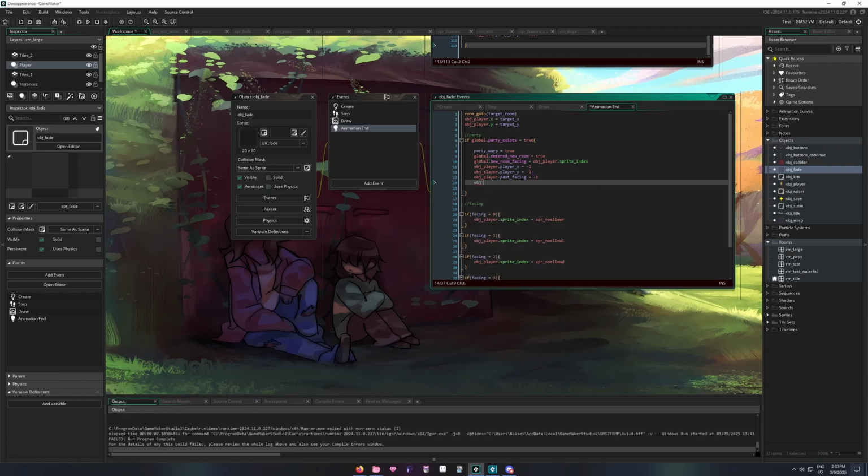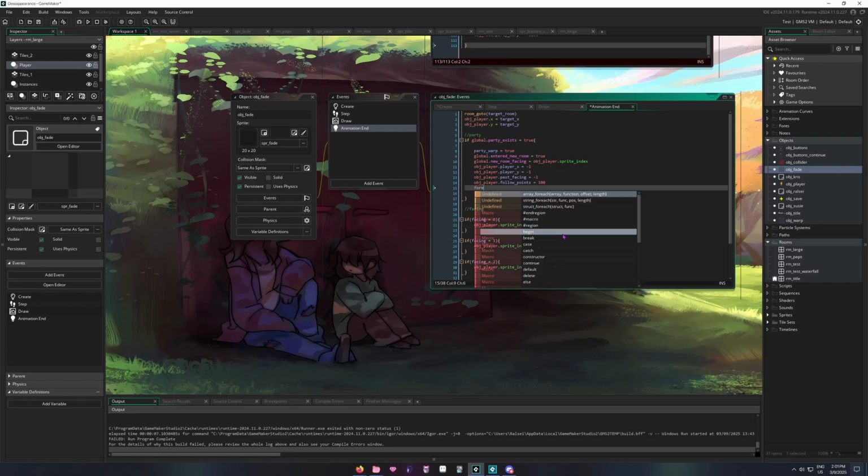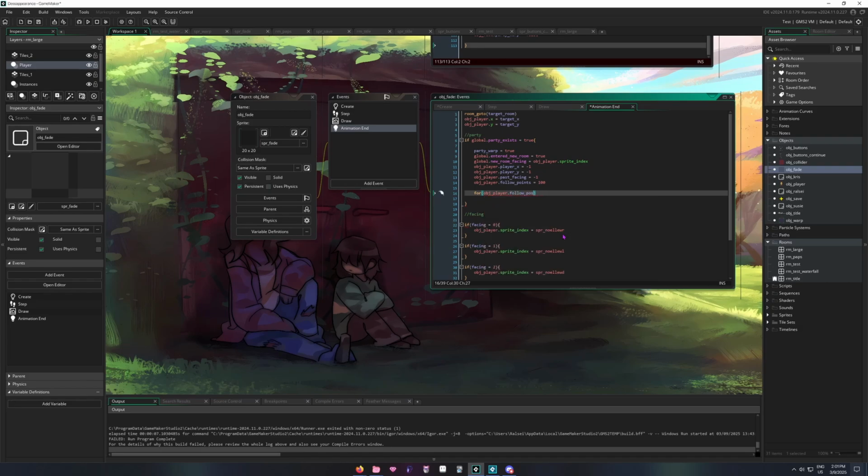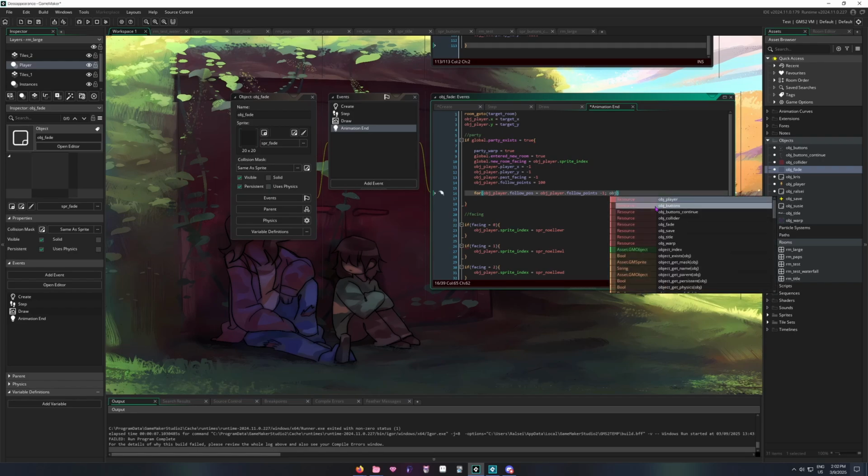obj_player.follow_points = 100. Then we need another for loop here. For obj_player.follow_pause = obj_player.follow_points - 1; then obj_Chris.follow_pause >= 0;